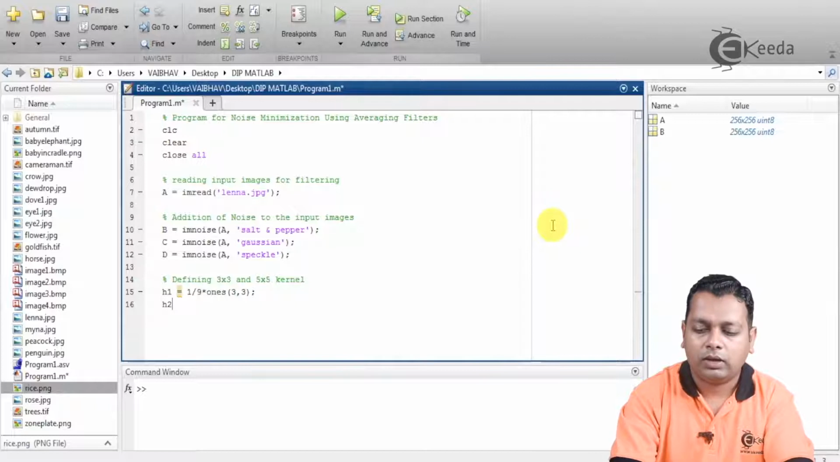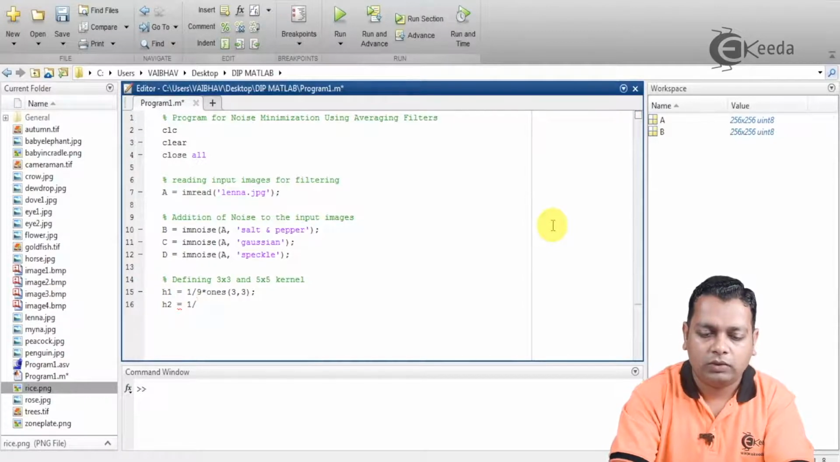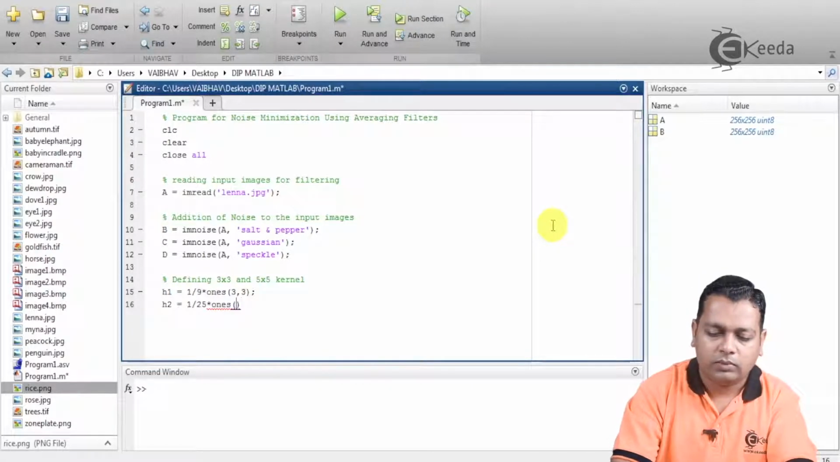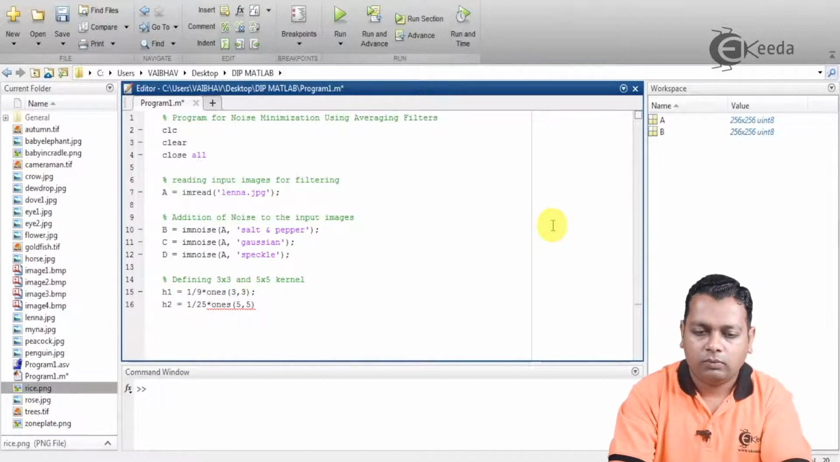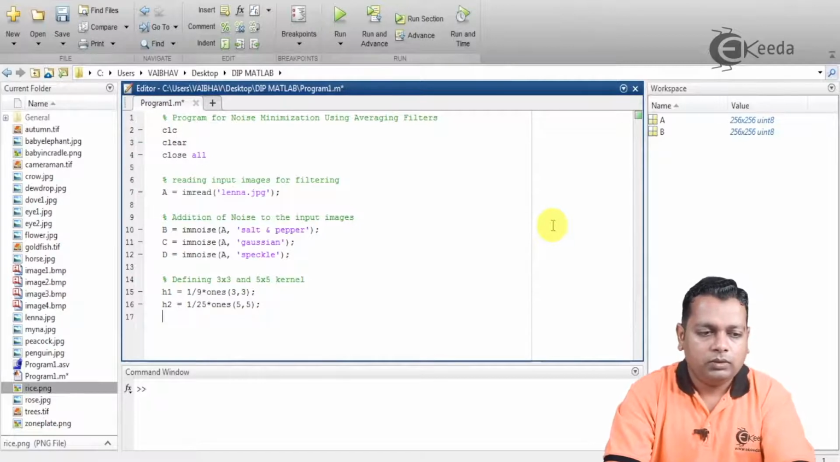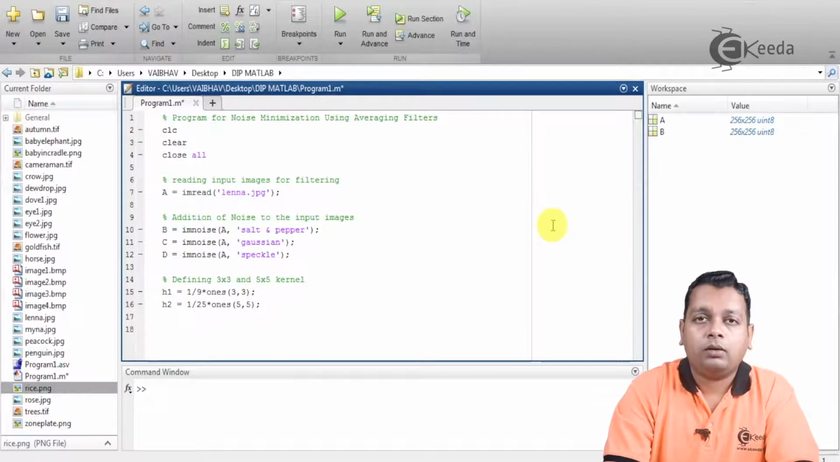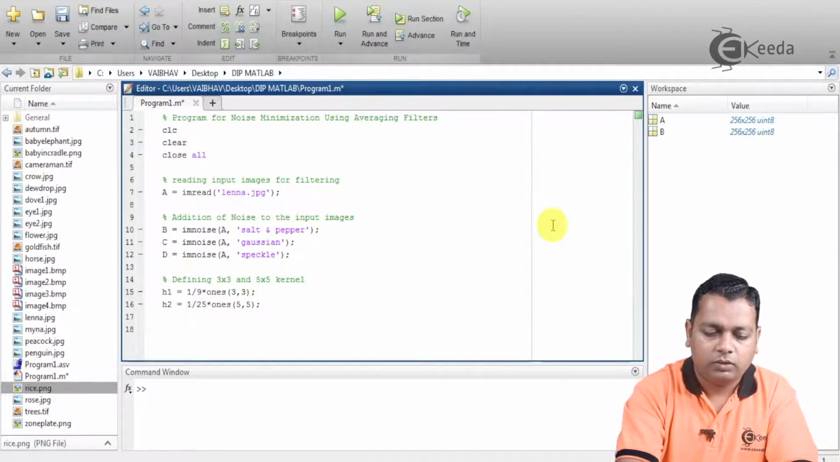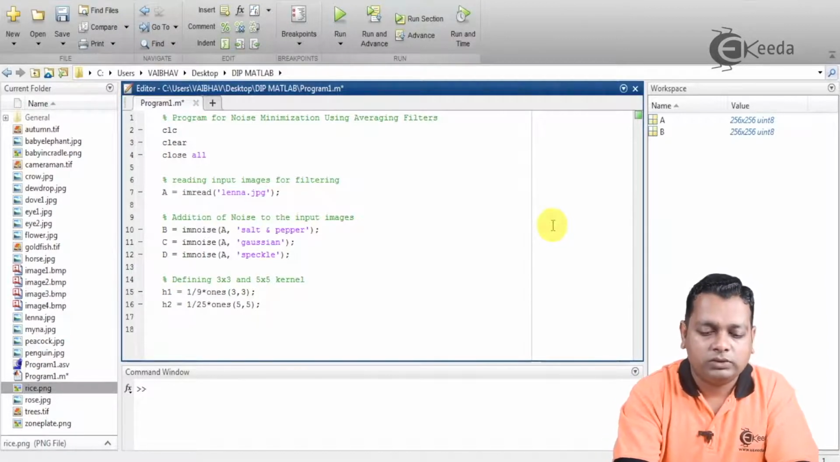Similarly, I can have another variable h2, which I can compute for the 5 by 5 dimensions. So it will be 1 by 25 in multiplication with the matrix of ones, and the dimensions here we have 5 by 5. So now the filtering masks have been generated. Now we want another model where we can work with these filtering masks. So let us mention